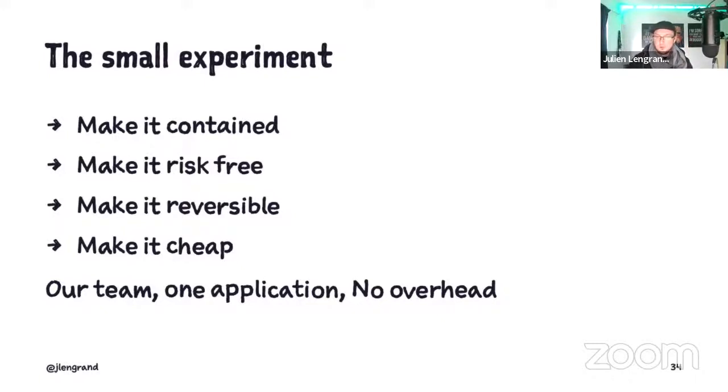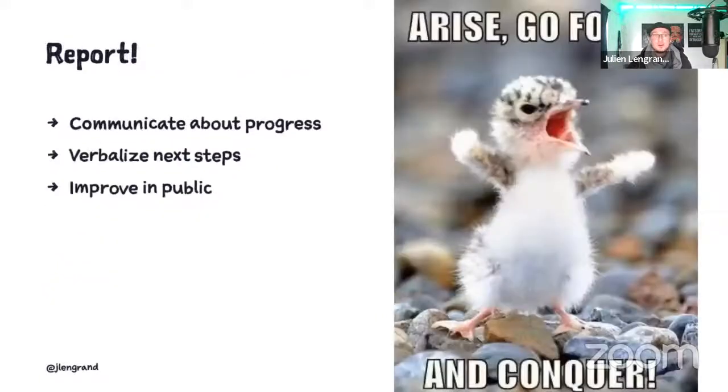You just go to your manager, your N+1, and you say, you know what? I'm going to make a small experiment, completely risk-free, because we can reverse it at any point in time. It's just going to take 2 hours, and it's contained. It's just one POJO, right? But at the moment you have one POJO in production, you can tell whoever wants to hear it that you have Kotlin in production, right? It's just one line, but it's Kotlin in production. And then you've made your own reality, right? So our team, just one application, no overhead, not going to take more time, and that worked for us.